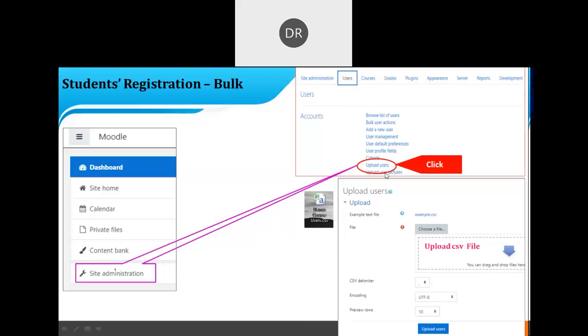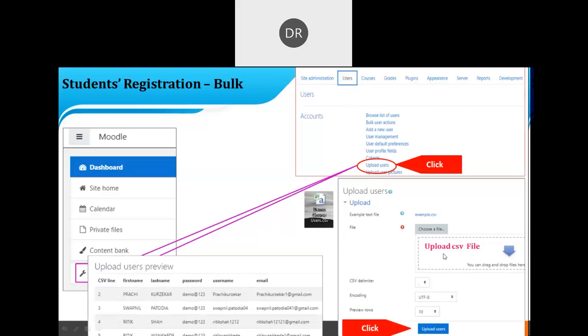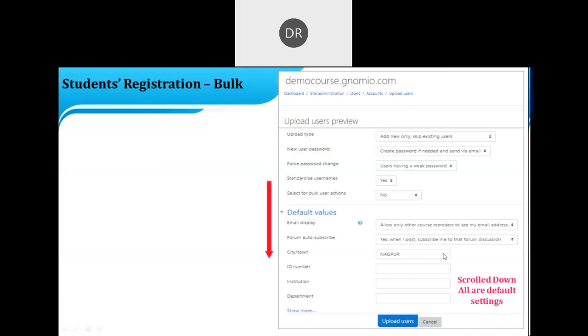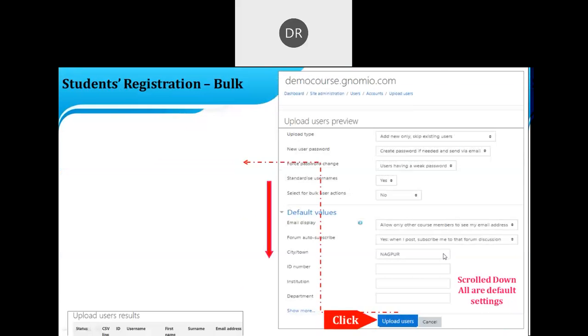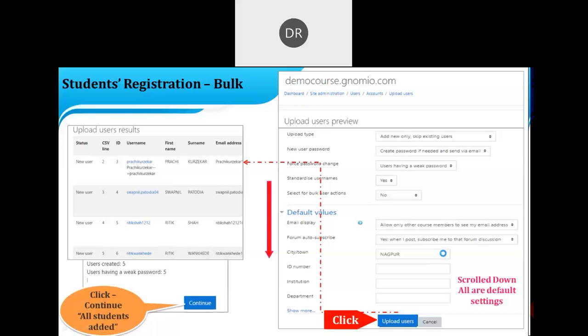We have seen how you have to prepare the data of the students in Excel, convert it into a CSV file, and after going to the user tab and upload users, you can select this CSV file, scroll down and save the data. So all the students will get enrolled to your course.